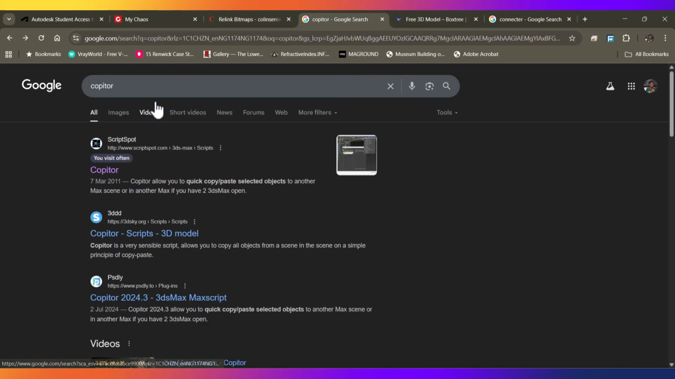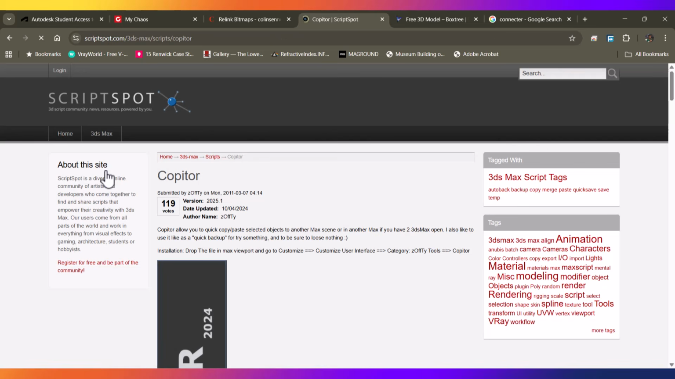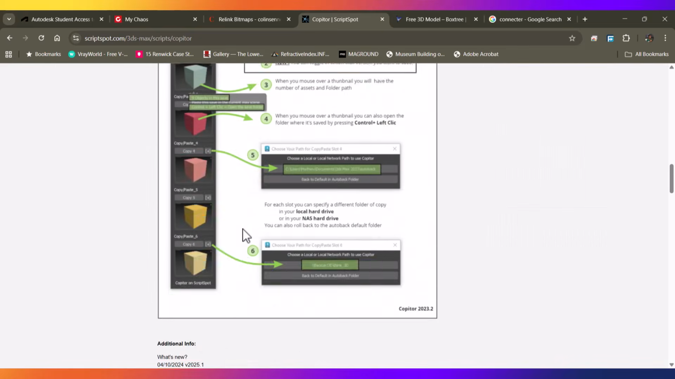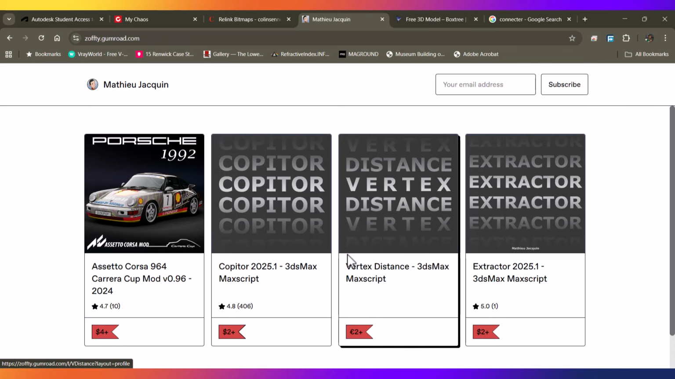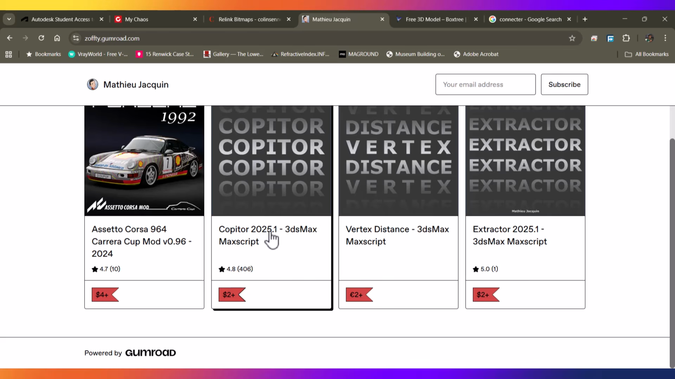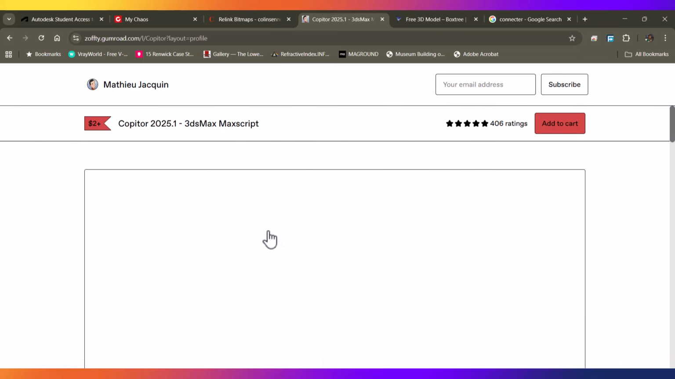Then you also need to get Copitor. Copitor is used to copy from one 3ds Max to another. So if you click on it, it's going to bring you here. And if you scroll down, you can read all that, but to download is what I want to show you. If you scroll down, you are going to see download URL. And when you click on it, it's going to bring you here. Then you see Copitor. You click on it, and